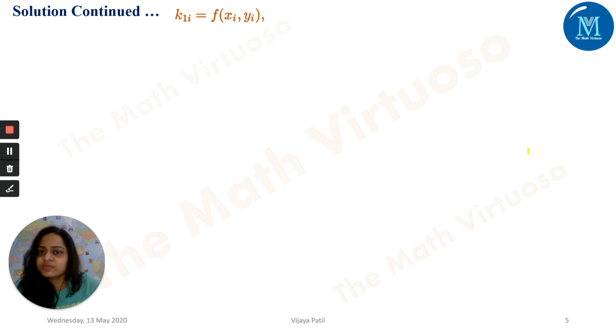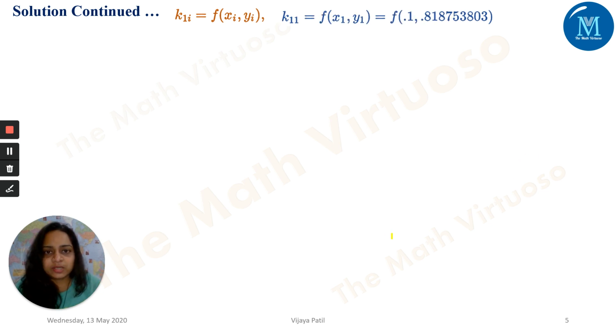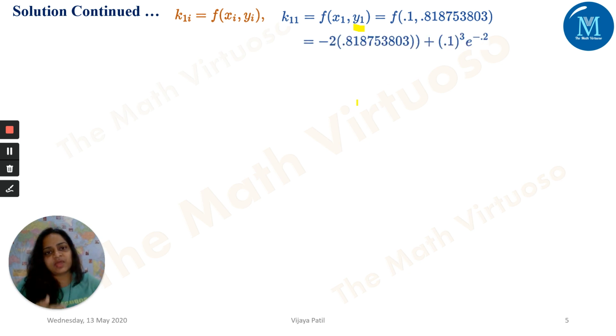Now, is this the end of the example? No, because we want one more step, as we have seen in the previous step also. We want to add one more 0.1 to 0.1, so we will get the value of y at 0.2 as x. So this is nothing but K11. Now I'm putting i equals 1 everywhere. Whatever value we have got as y1, we will make use of that y1 to calculate y2.